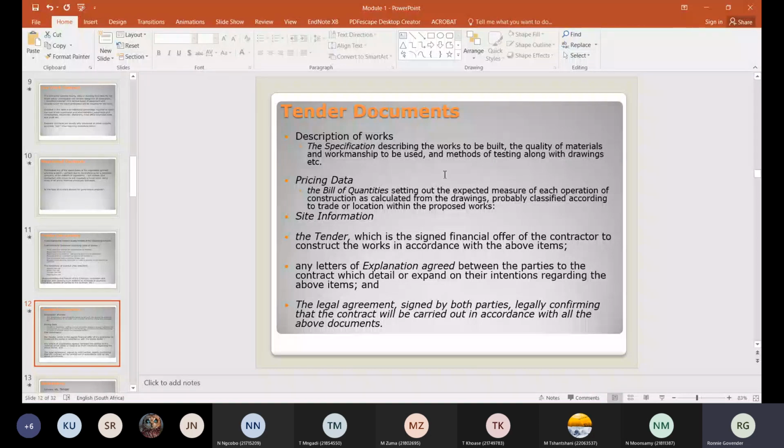But if anything is different, for example, we know most buildings would require a strip foundation. Your houses will require a strip foundation, but we know some of them, especially the RDP and the low-cost houses, just go for what they call a raft foundation. In other words, the floor acts as a foundation, where the floor is cast and the brickwork goes from there. So in a case like that, you need to specify it in the BOQ, that it is going to be different from the ordinary.